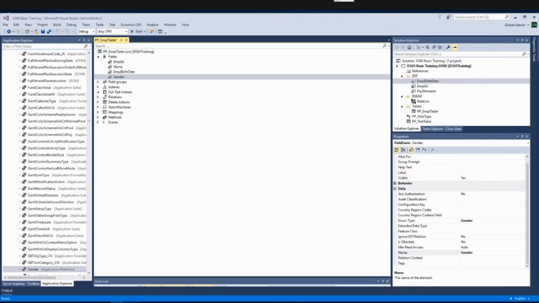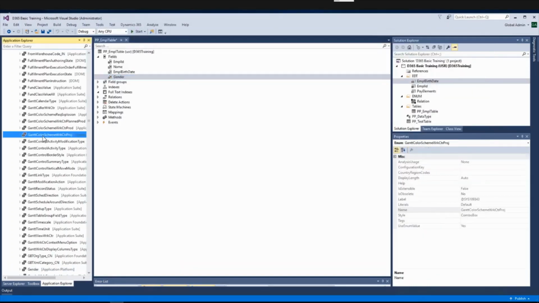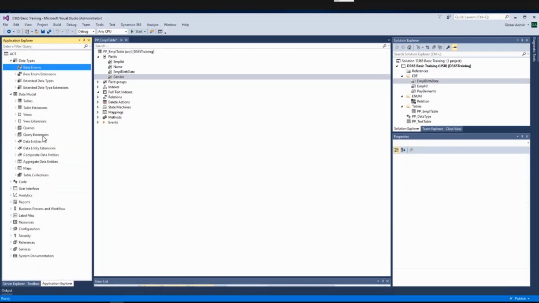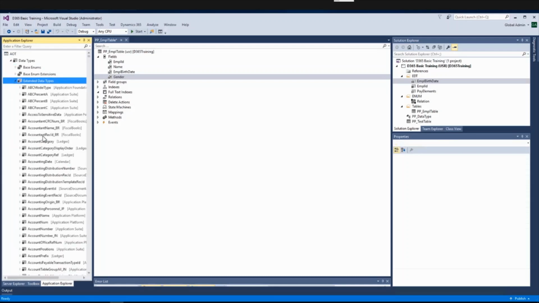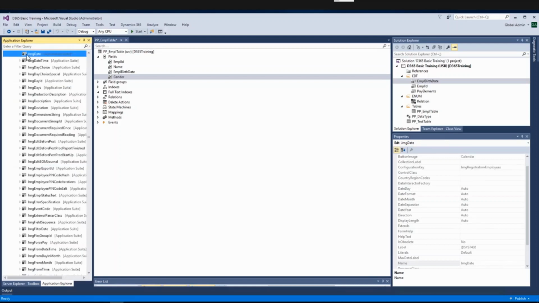So joining date is the type EDT. So again, this is the standard EDT, not a customized one. So I will go to the standard JMG date. See, this is JMG date. I will drag this, I will drop this.